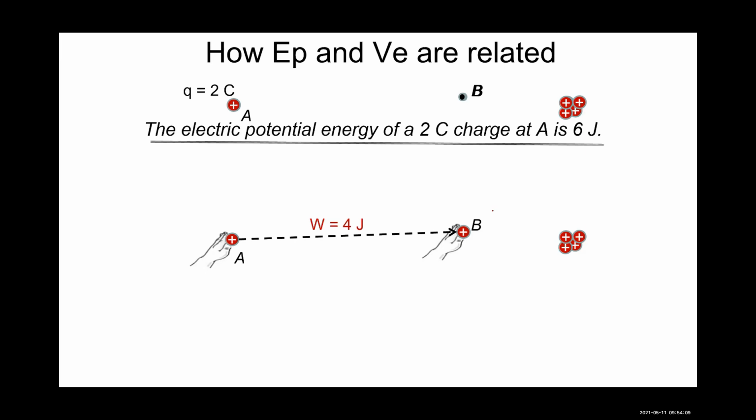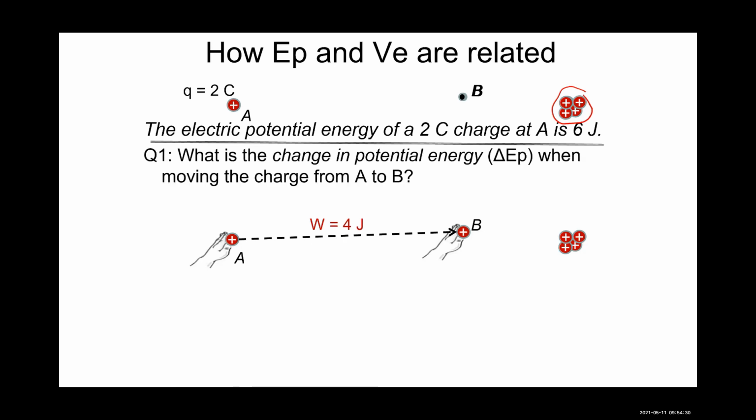So notice I have a scenario here where I have some point charge, a source charge over here, and a point charge that starts over here at point A. The point charge has 2 coulombs of charge. And I tell you that the electric potential energy of the 2 coulomb charge at that spot is 6 joules. Okay, so the first question is,